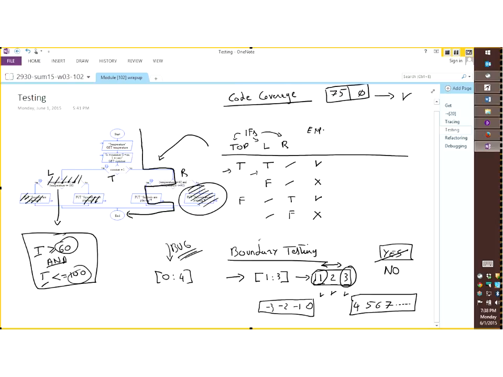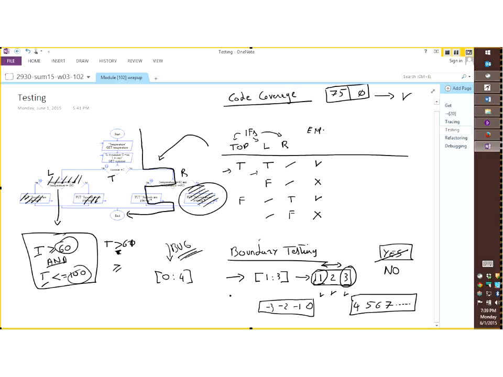So we use that knowledge to say that the only thing we can do wrong is things like that, for example, where we are off by 1 because instead of greater equal, we use greater than, okay, greater strict. So we can be off by 1 like that. We can be off by 1 because we use 61 instead of 60. So under the assumption that these are the kind of errors that happen when we check the validity of a range, then we can allow ourselves to test only 1 and 3. Okay, we test the boundary of the range.